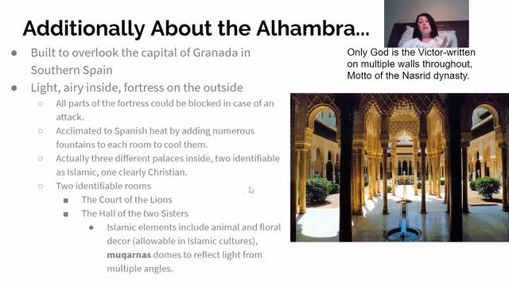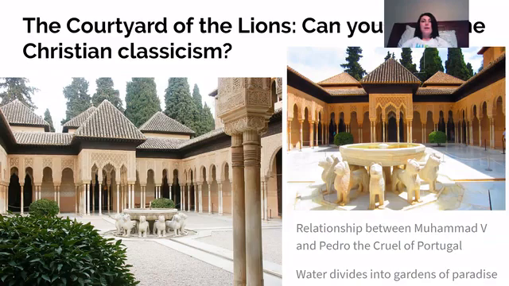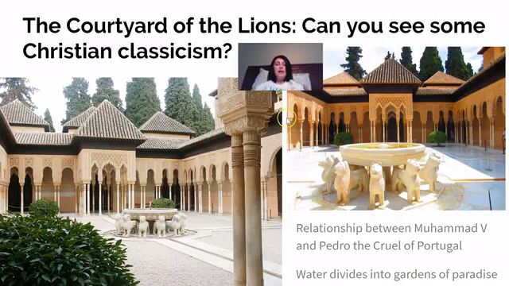And you did notice that in one of the rooms, it did have images of the kings, which would have been okay because those aren't religious leaders. So you can see here, I'm in this much more intimate area, and of course you wouldn't want your visitors to see a Christian, European influence here. But there was a relationship between one of the rulers and Pedro the Cruel, who would have had Christian style architecture. So you see that implemented in here, almost like an atrium that you would see in either a monastery or a Roman villa.